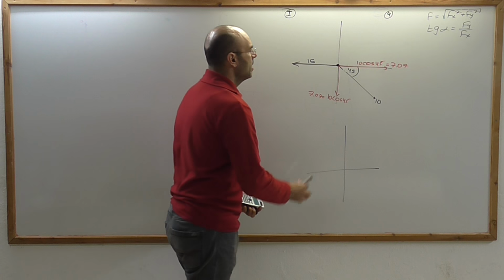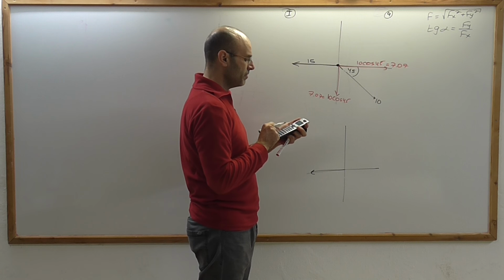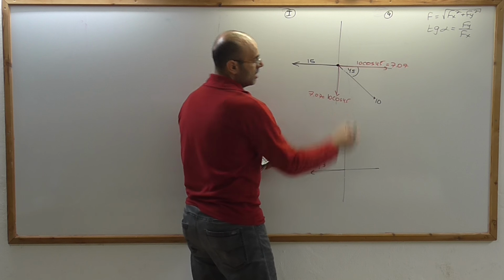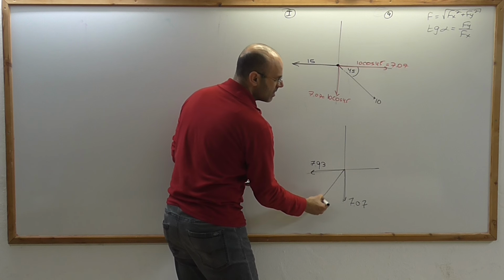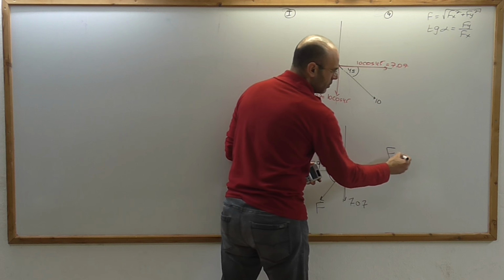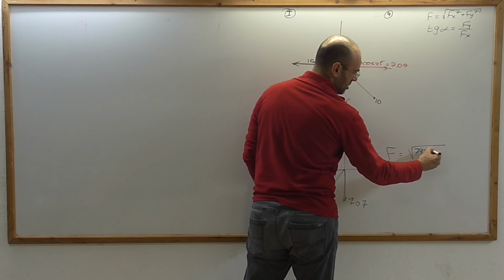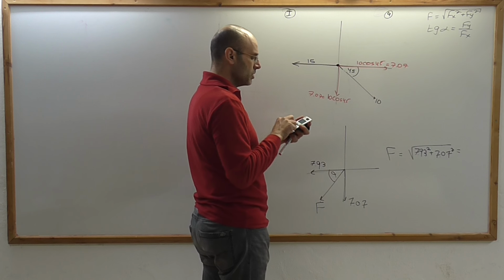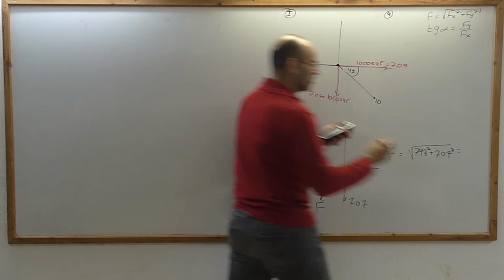Let's draw it again. I have 15 here, 7 there. The 15 will win. By how much? 15 minus 7.07, it's 7.93. Here will be 7.07 because nothing pulls it up. And the resultant will be here somewhere, F, alpha always with the x. F will be the square root of 7.93 squared plus 7.07 squared,